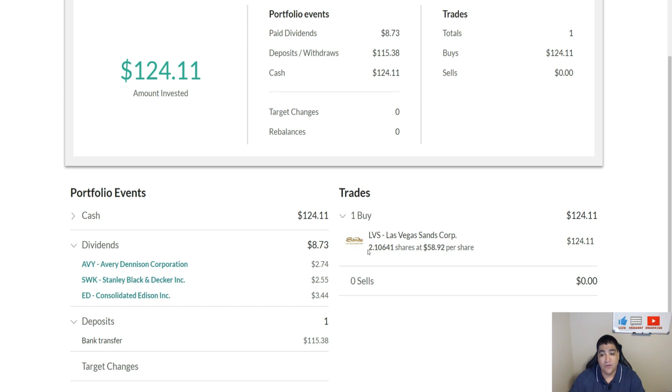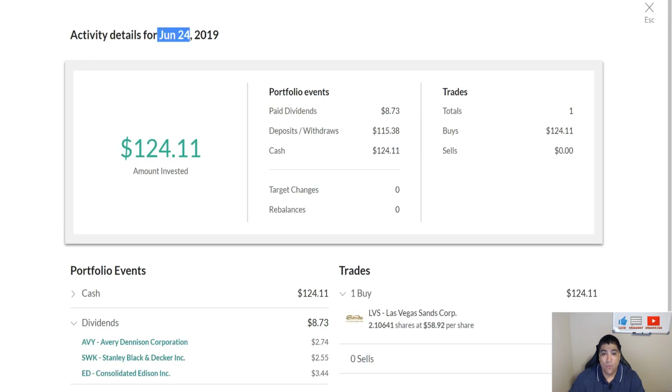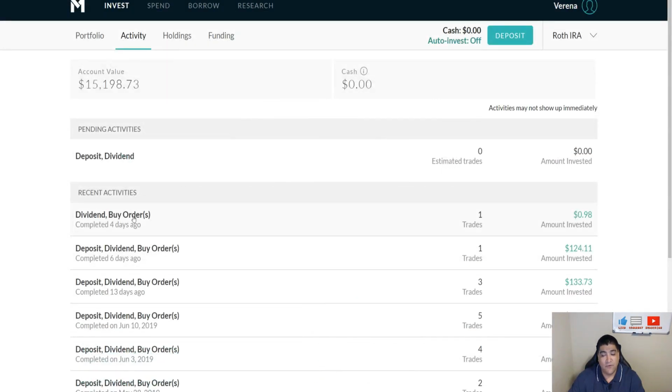I wanted to continue growing my portfolio, looking for value out in the market. Las Vegas Sands appeared to have that value that I wanted, and I went ahead and invested. So I bought my full amount there, $124.11, into 2.10 shares of Las Vegas Sands. Now that was my last deposit for the month of June, but just a few days ago, 4 days